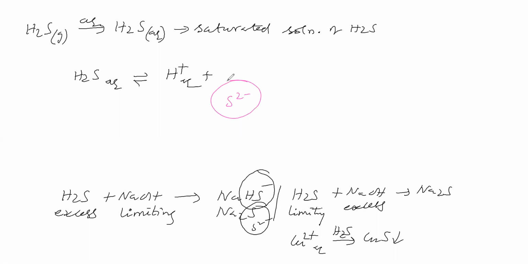Now, this salt is available: potassium bisulfide. How to prepare potassium bisulfide, do you think? We take H2S gas and pass this H2S gas into potassium hydroxide solution. Then only we will get potassium bisulfide, no? Otherwise, we will not get it. Therefore, hydrogen sulfide reacts with potassium hydroxide to give potassium bisulfide and water.